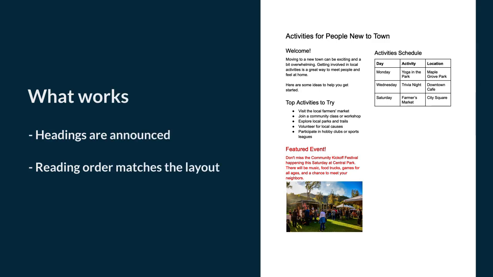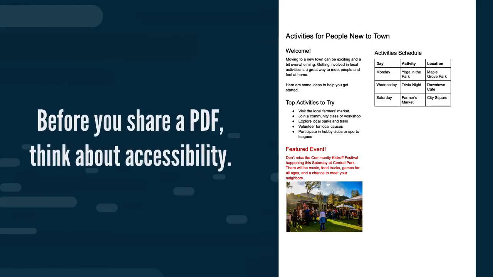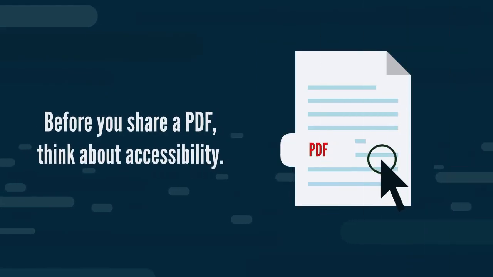Notice how the headings were announced and the reading order matched the columns of the document. With proper structure, more users can navigate and understand the content. Now that you understand how inaccessible PDFs affect users with disabilities, think about accessibility the next time you share a